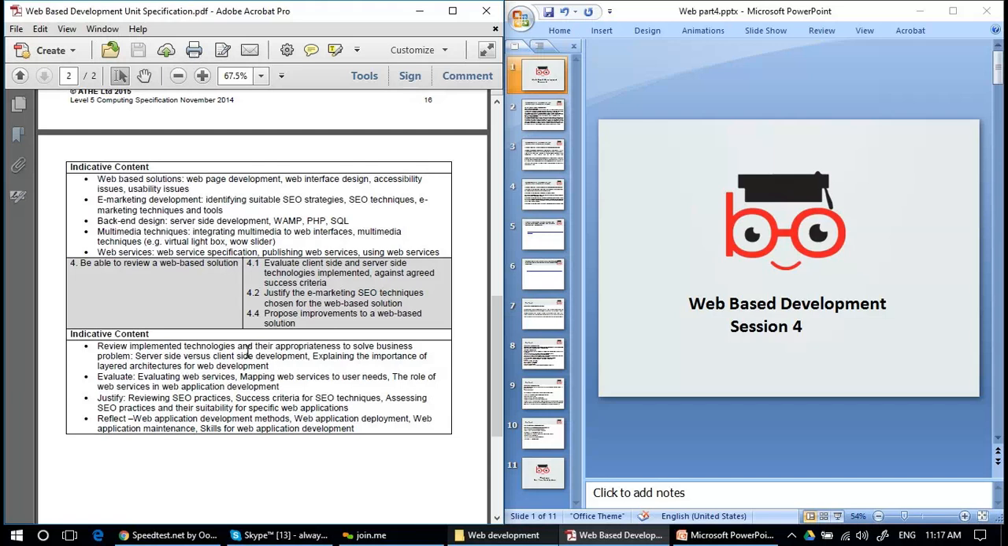And the fourth session is about to review a web-based solution. So obviously, whenever you develop any application, then at some point you need to review how it is working and how efficient it should be. So today's topic is based on the review of the technologies as well as the